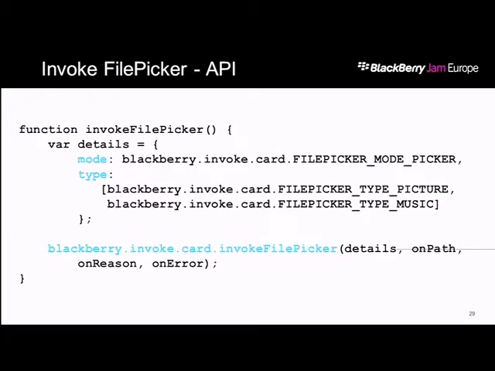Because of all these options, we wanted to provide an API to you to abstract how you construct a raw invocation to do all these different permutations of information. So we created a sub namespace, blackberry.invoke.card. And in this instance, we're looking at the Invoke File Picker API. This one's well documented in our API reference and shows you how to use it to invoke File Picker in many different ways. There are a few other options under blackberry.invoke.card, including the email composer card. I think we actually specified an API for that as well as the camera, because there are many different options for the camera,